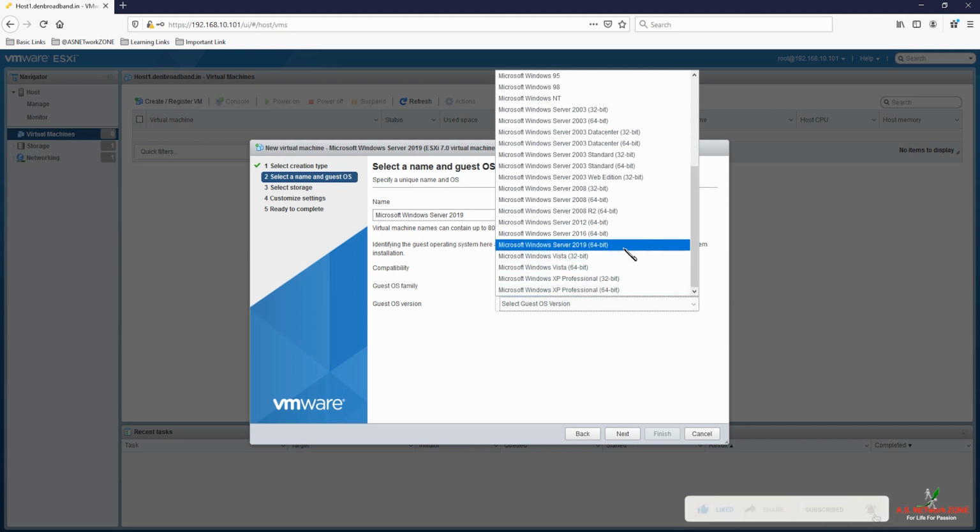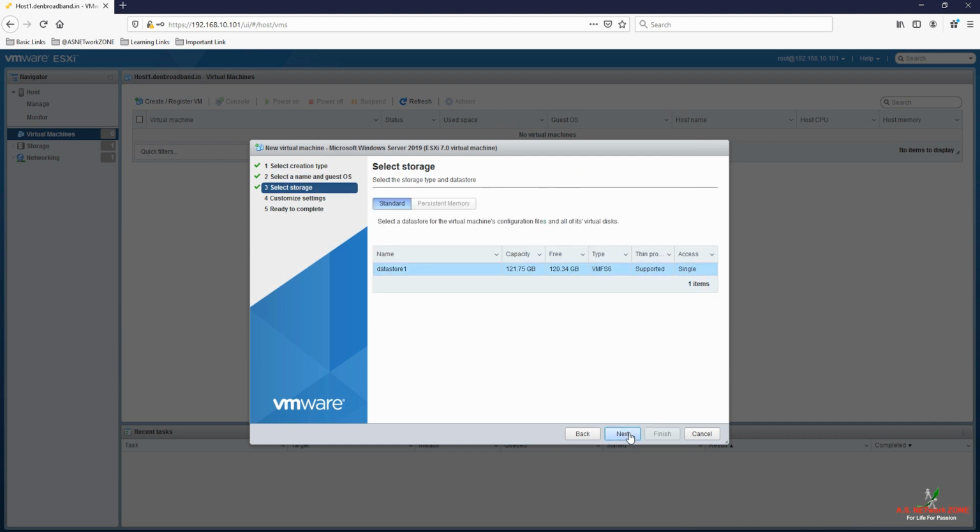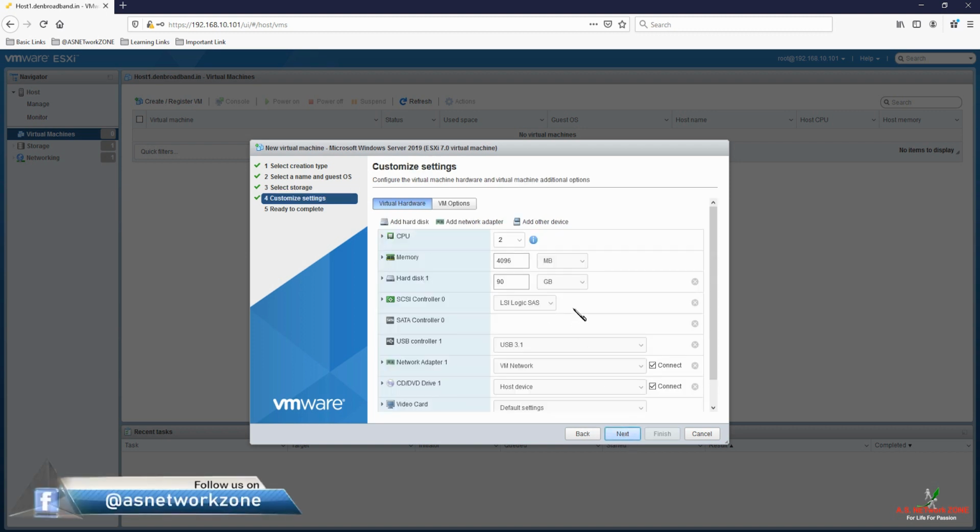And here it is. Click on next, and there you can see, because till now we have not created any data store, here I am using my default data store. Click on next,